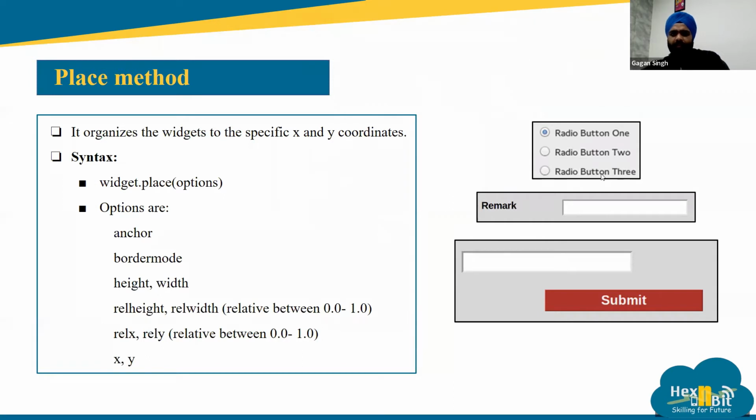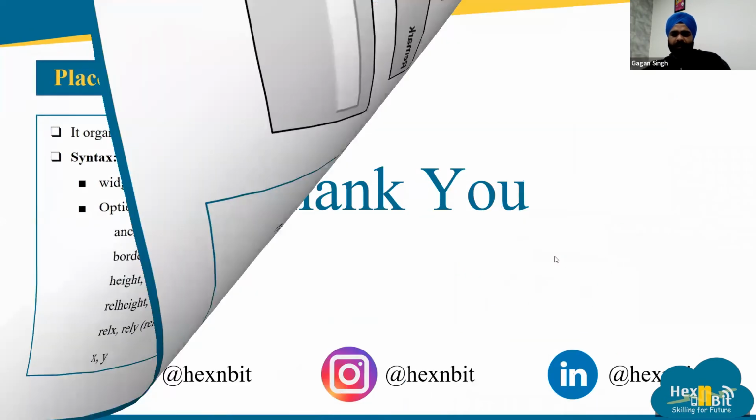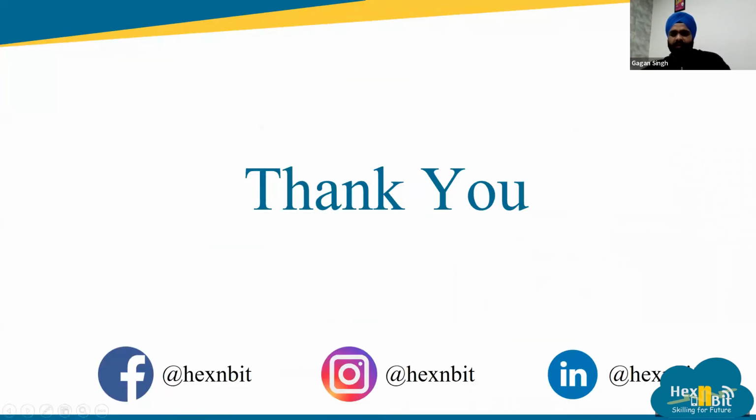And on the right side, you might be seeing some images. These are images of the widgets that are there. This is the radio button, similar to the check button, but in this we can select only one of the items. Like if we have a gender column with male, female, or others, out of three we can choose one. Remarks, and the bottom one, is an entry field, and that one is also an entry field. So this was about the presentation.